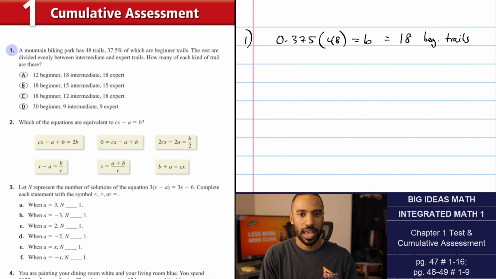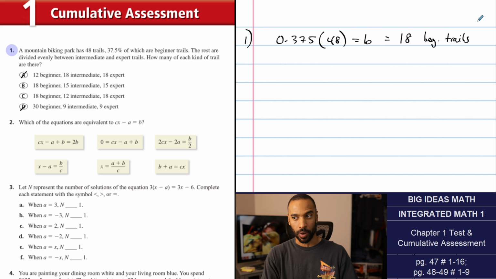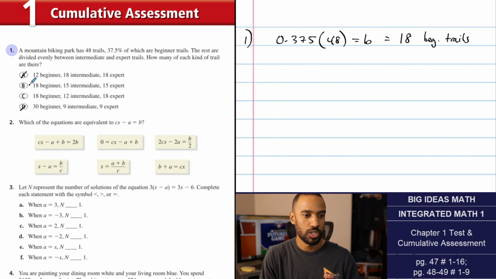Now it says the rest are the others here, divided evenly between intermediate and expert trails. So the fact there are 18 beginner trails means that D and A are out. It says the others are divided evenly. We could set up an entire equation of this. If I go straight from multiple choice, you can see that the option's B. If we did this as an actual equation, I would be doing